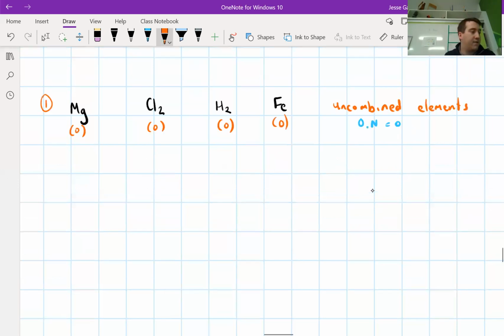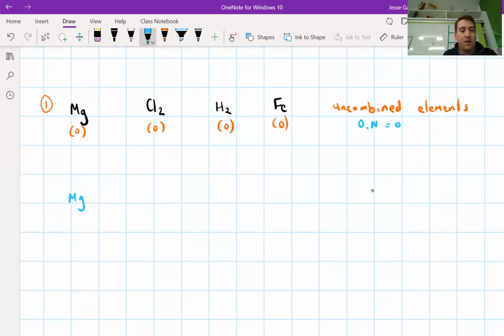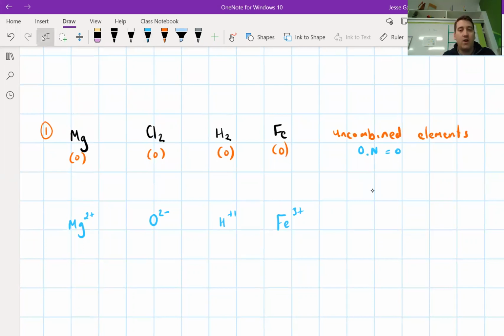All right, let's look at a different case where we have magnesium, but this time it's a 2+ ion. And we have an O 2- ion, and we have an H +1 ion, and we have an Fe 3+ ion. The difference between these and the ones above is that these are all ions, which means they've already lost or gained electrons. So if they've lost or gained this many electrons, then it makes sense to say the oxidation number is going to match what ion they've become. How many electrons have they lost or gained? These are what we call simple ions,